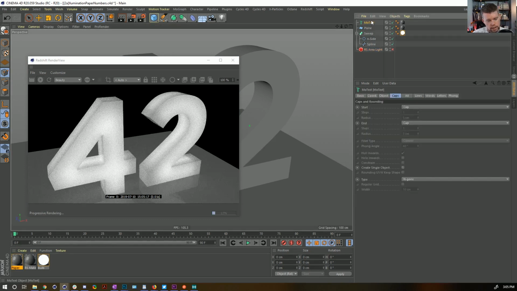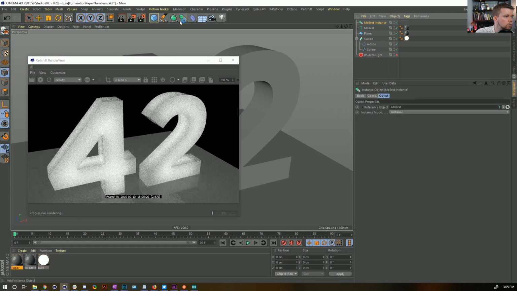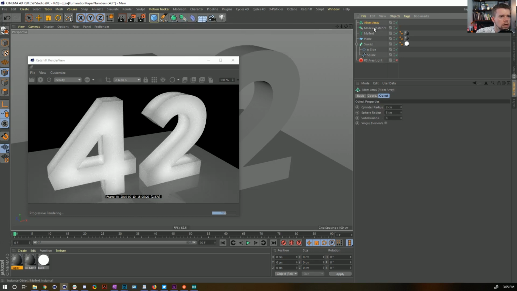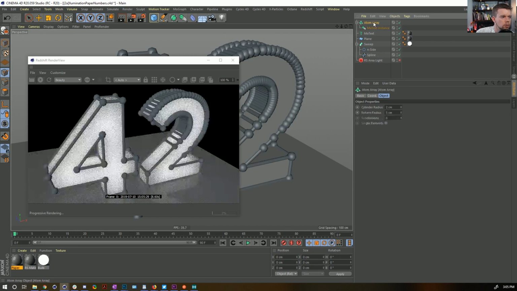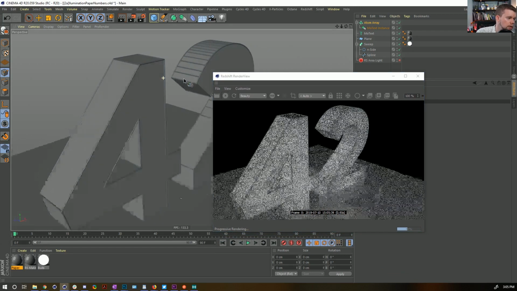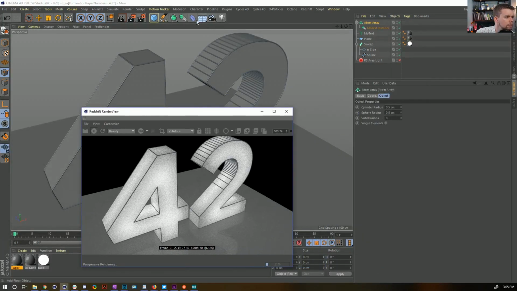MoText. If I were to make an instance of this MoText, and then we put that into the most generic way would just be making an atom array, and then putting that into the atom array, and now we get that, and now I can set the sphere radius down to, I don't know, 0.5, so now you start getting those internal structures. Of course, they're going to be a little bit external, but if we inflate our final text,